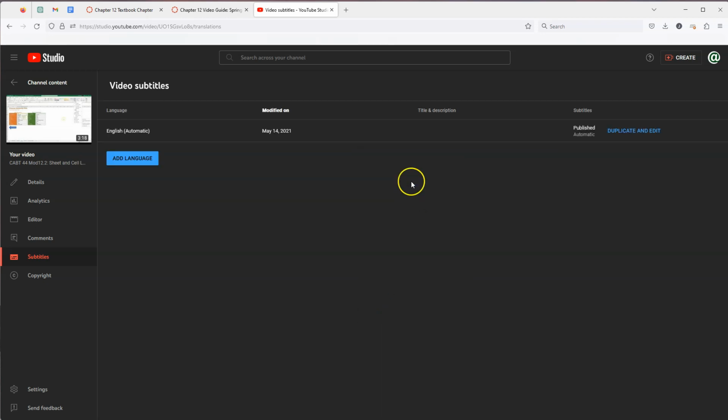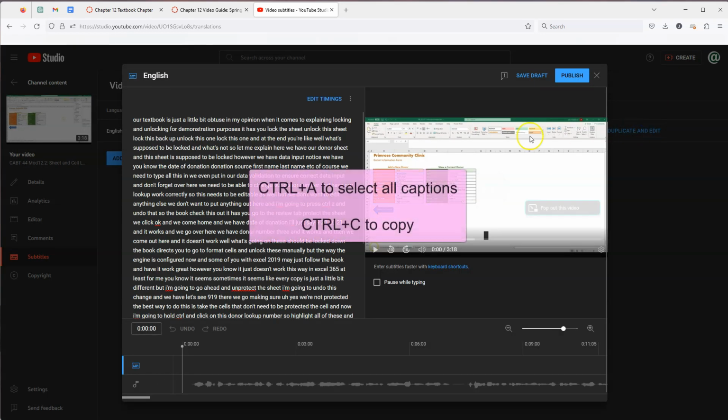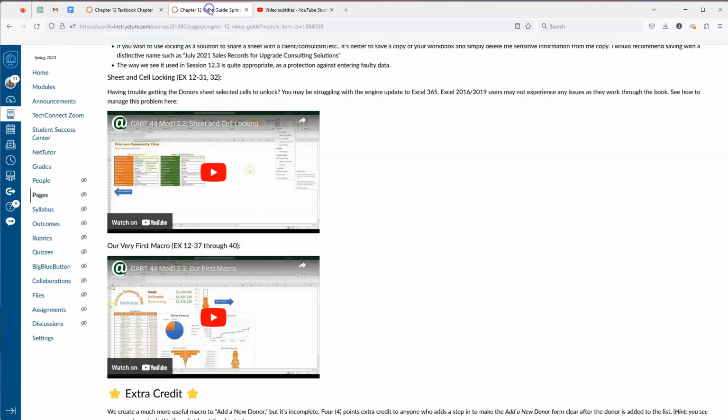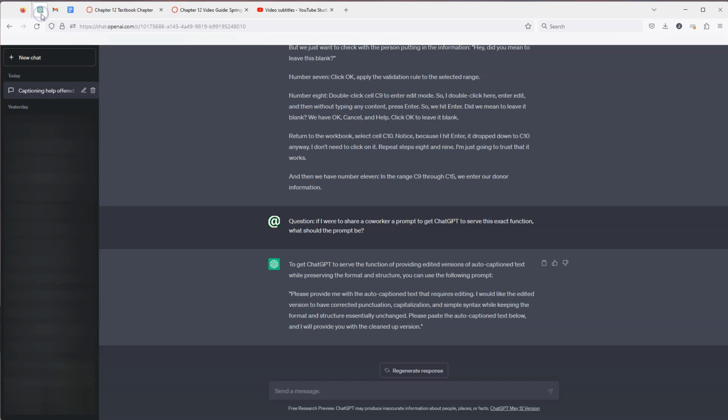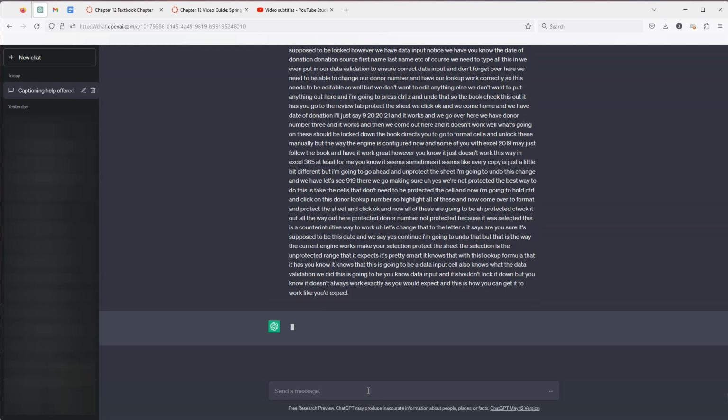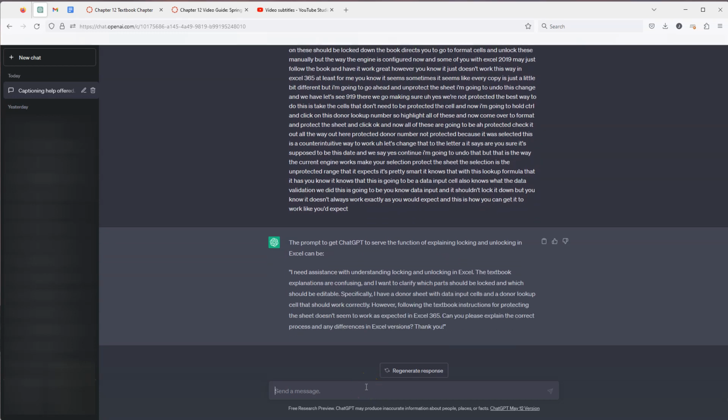I confirm, and here I have my video subtitles that I can duplicate and edit. And these are the auto captions, which is just a wall of unpunctuated, uncapitalized text. I can come over to ChatGPT and paste it in this trained language model right here. It has not been doing very well with simply coming in and pasting it, even though I've been trying to